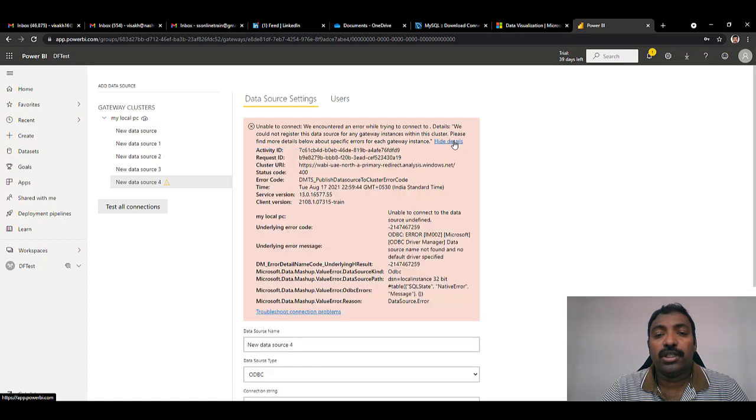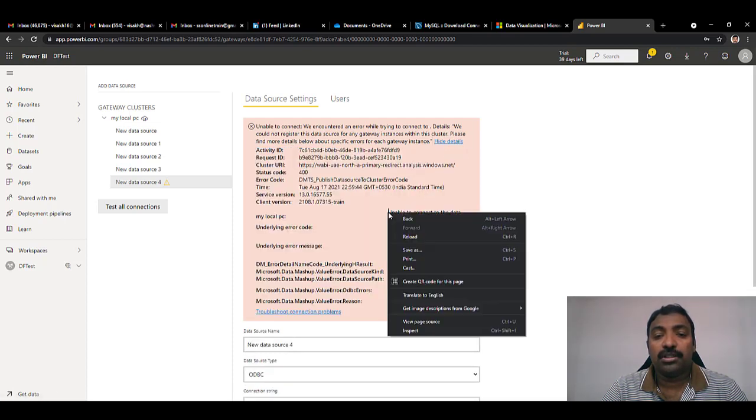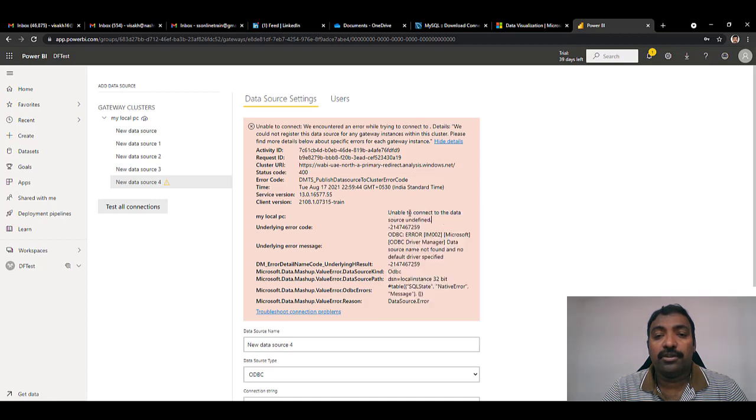When you click on show details, you can see that the error again says it is unable to connect to the data source identifier. If you compare this error message to the error that we got while we ran this locally, you can see that the same error happened locally when we didn't have the 64-bit DSN identified inside our application.